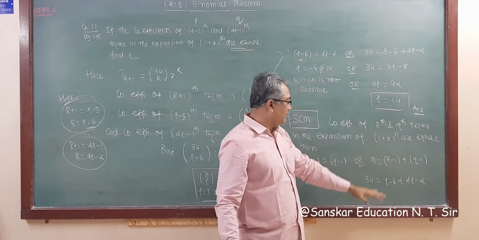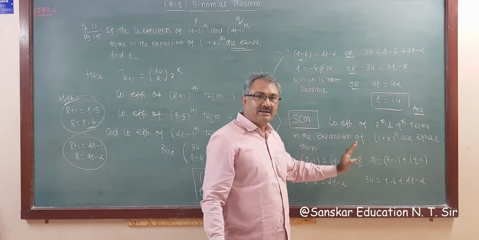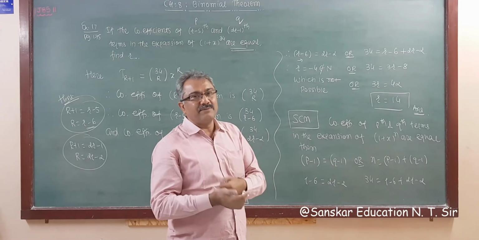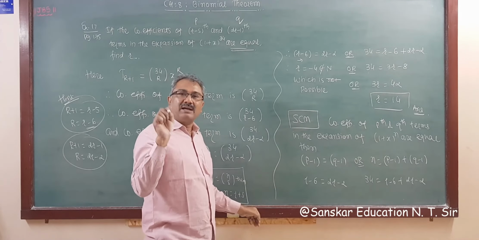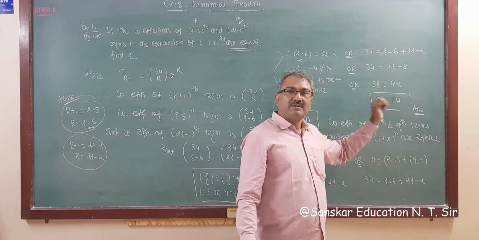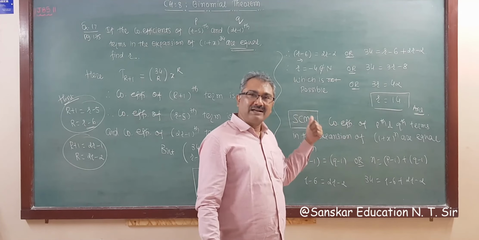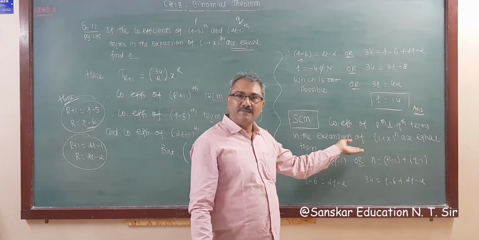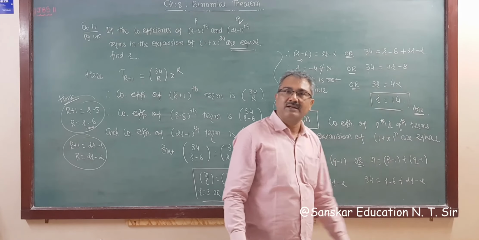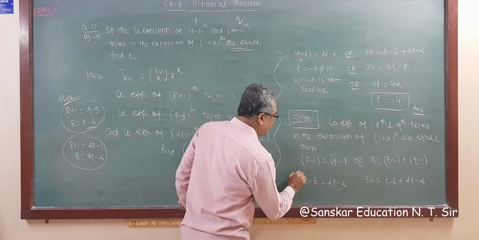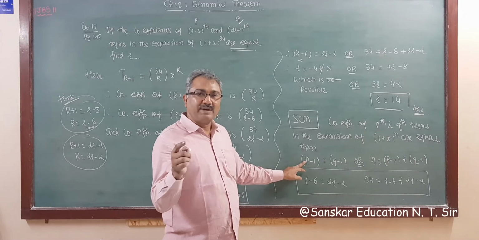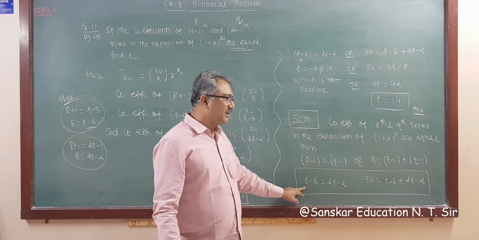I am not simplifying now. मैं आपकी simplify नहीं करूँगा. ये आपको पता चल गया, right? तो कोई भी example हो, p and q term का coefficient same दिया गया है. If the coefficient of p and q terms are equal in the expansion of 1 plus x whole raised to n, then directly take p minus 1 is equal to q minus 1, or n is equal to p minus 1 plus q minus 1. So you can get the answer directly within one step. No need to write more steps, right? Because you know the formula. So for MCQ no need to write the formula. Directly you can write this, okay?